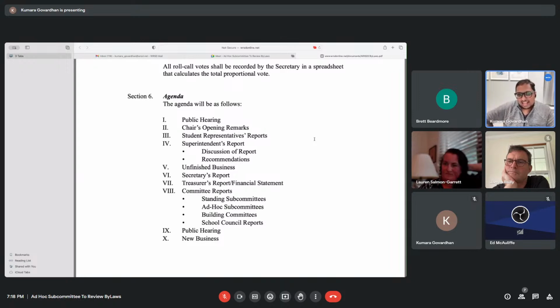I think the intention behind that logic is it would help reduce the length of meetings. But then I realized the length of meetings don't always. As the agendas sit right now, school council reports are usually at the end of the meetings, but they're not the reason that the meeting went long. Because in order to say that you need to reduce the meeting time, you could then put in a report out. They're not the cause of a meeting going long, in my opinion.